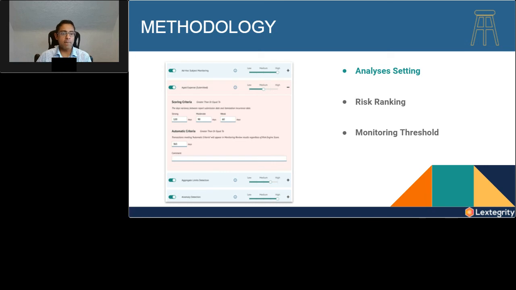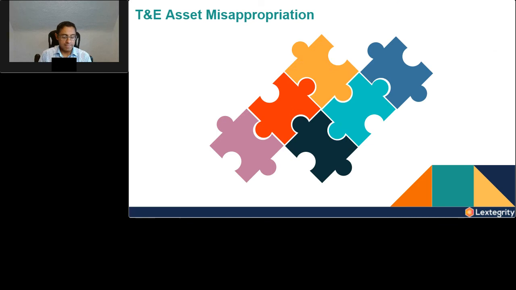So that's the risk setting piece. I did want to spend a little bit of time to show a couple of schemes where these types of multi-layered data analytics could really be effective and how they would be applied to schemes like that. So when you take T&E asset misappropriation, for example, that's a common fraud scheme where someone is using their T&E to generate